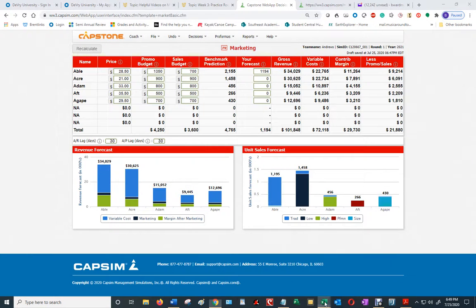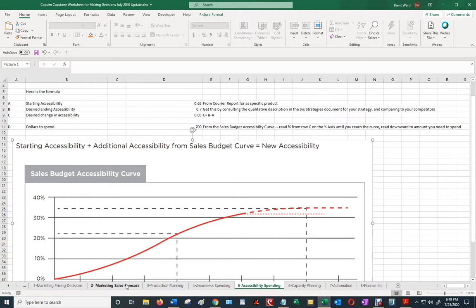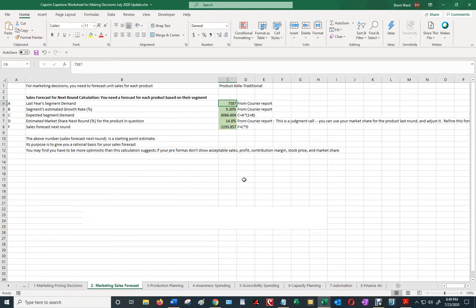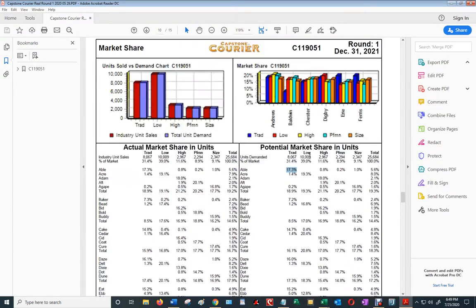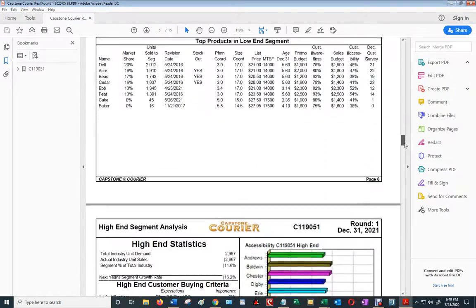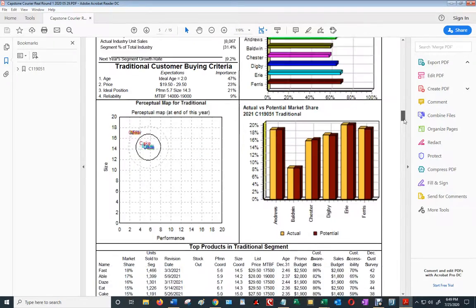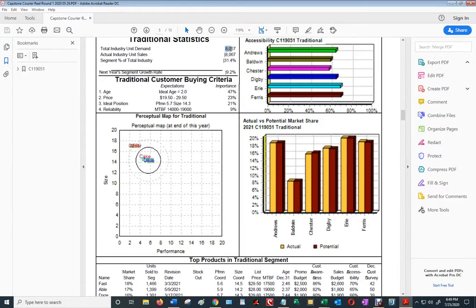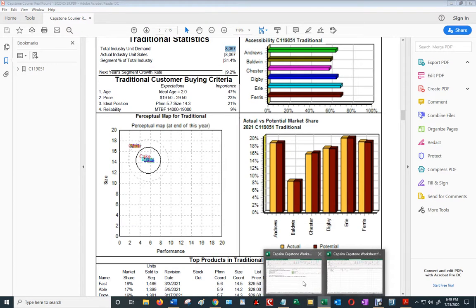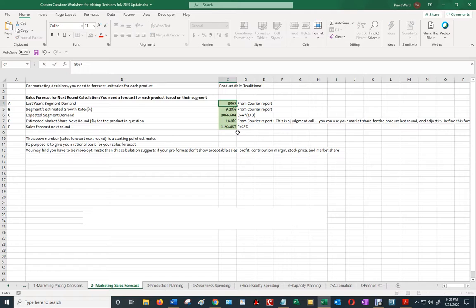So I have to go back into my spreadsheet and I go to my sales forecast. And I have to then go back into the Courier, go up to the traditional segment, and I can see that the total demand from all customers in that segment was 8,067 units. So I go into my spreadsheet and I type 8,067 units, and then I type in what my market share is expected to be next round, and I got that off of page 10, 17%, which means I need to have about